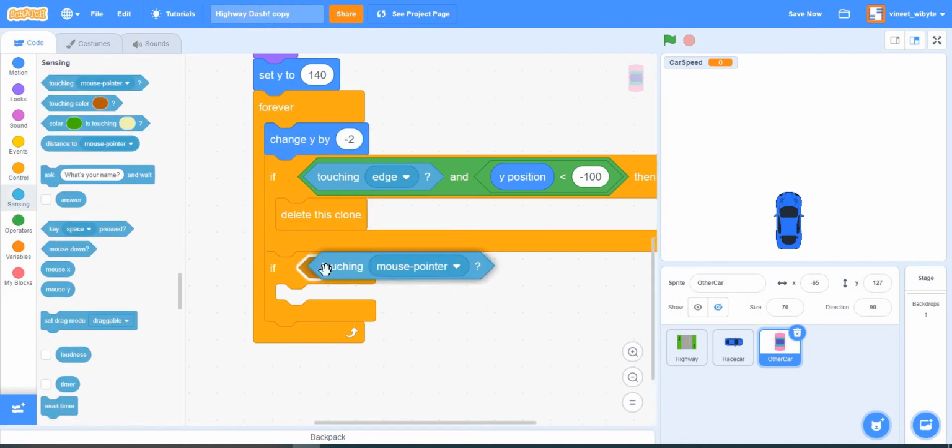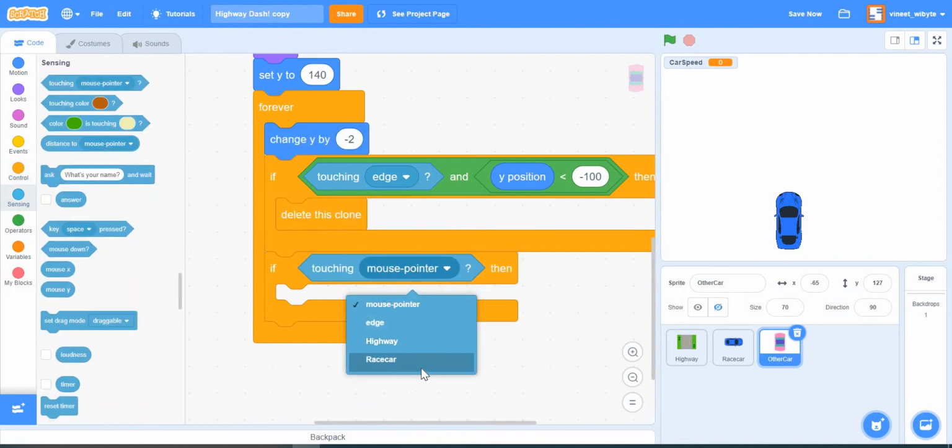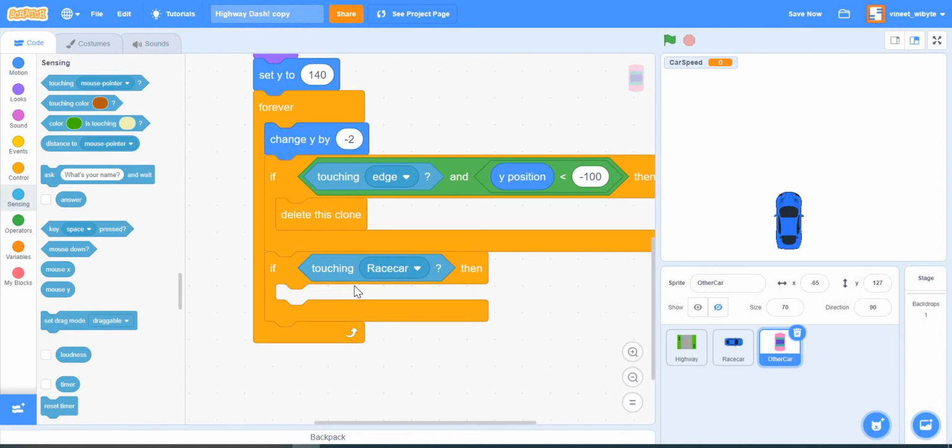Race car is another sprite, so I have this option to say if touching race car, then there are two things I'm going to do. One, I'm going to declare an accident, and two, I'm going to delete all the other clones. Both are important, because the game is going to get over at this point. I want all the other road clones from the road to disappear, and I also want to declare an accident